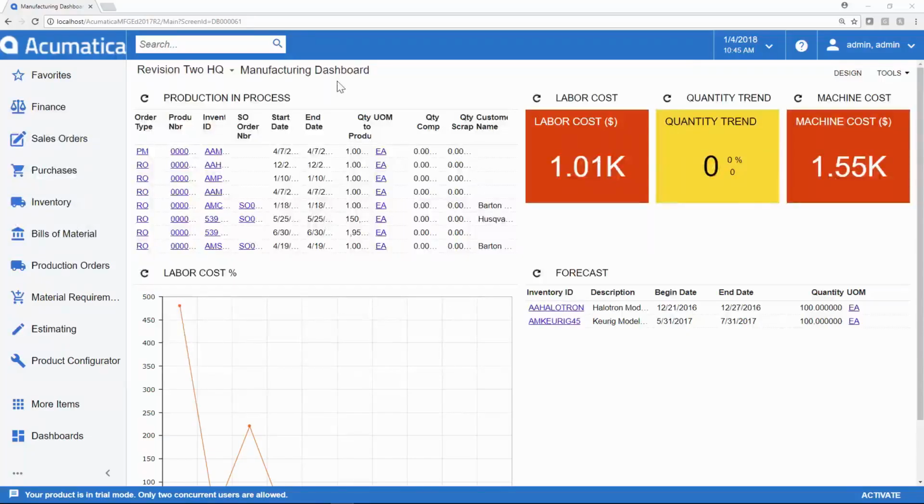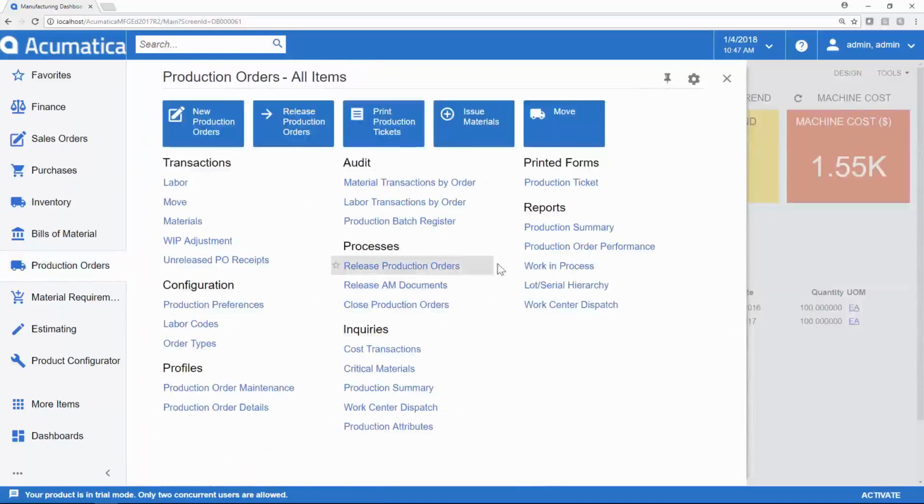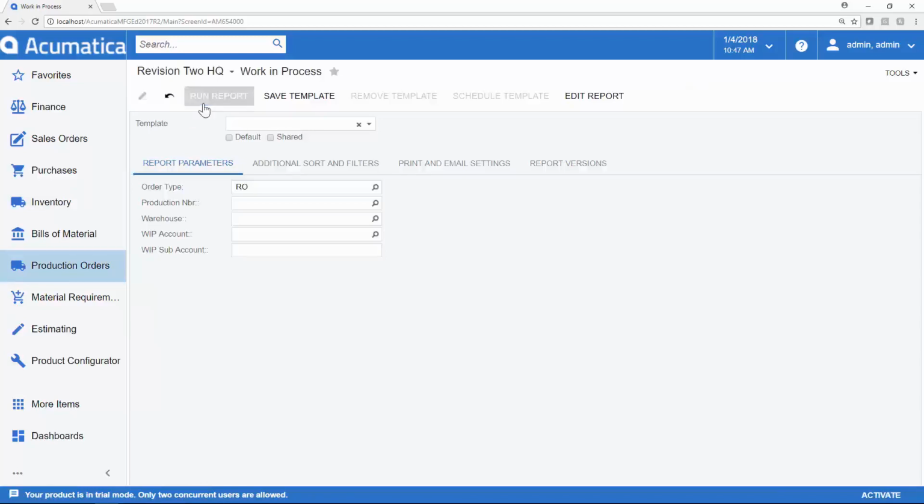Acumatica users have dashboards that are specific to their role. Someone working on the shop floor or managing the production process would have a dashboard that looks something like this, where they can keep an eye on production and process, labor costs, machine costs, and a variety of other items that are of interest to them. There are also hundreds of reports available throughout the system. For example, if you were looking for a production summary or work in process, you could very easily run that